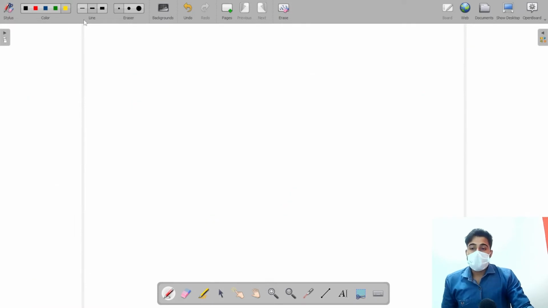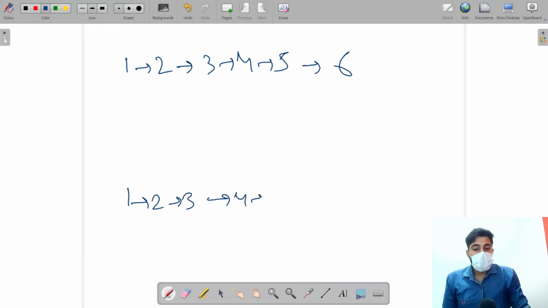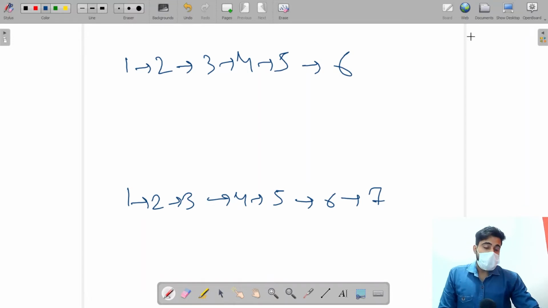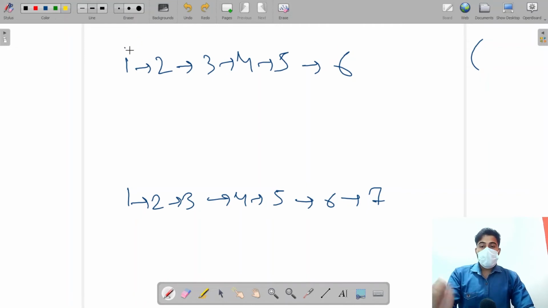Before that, let's try to understand some base cases. Assuming that we are provided with this linked list 1 2 3 4 5 6, and 1 2 3 4 5 6 7. This is an even linked list, as you can see there are an even number of nodes. This is an odd linked list, as there are an odd number of nodes. So what happened is that it gets updated in such a way that once 1 starts pointing to 6, this link gets created. Okay, let me